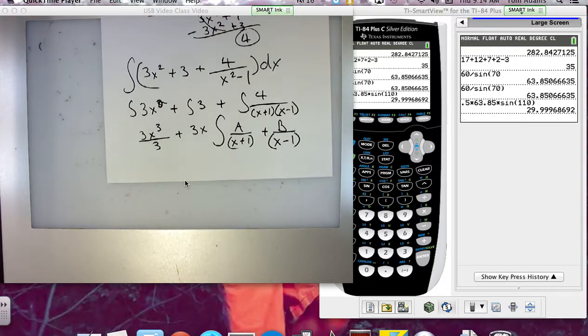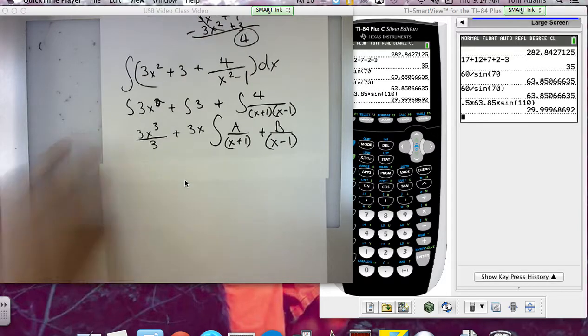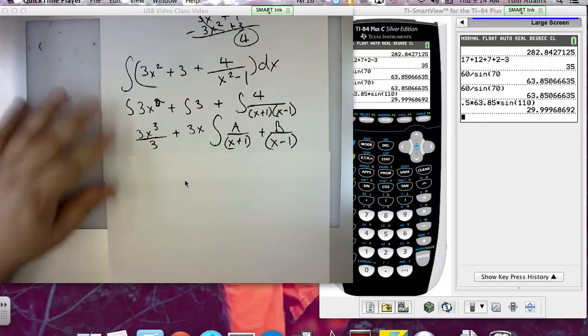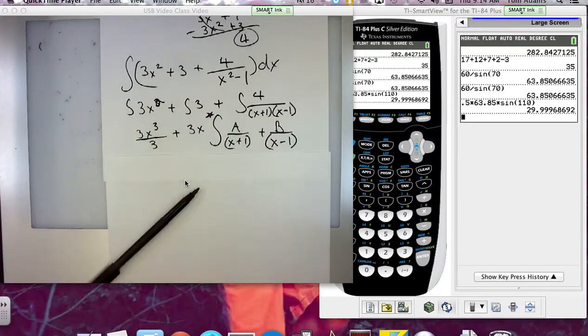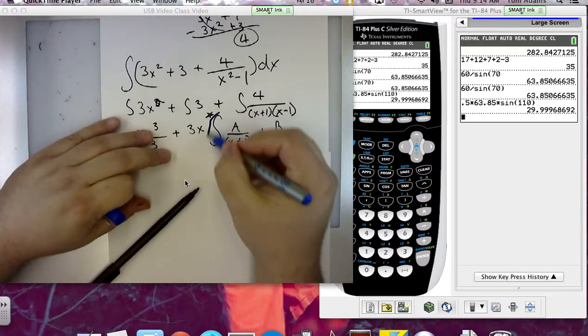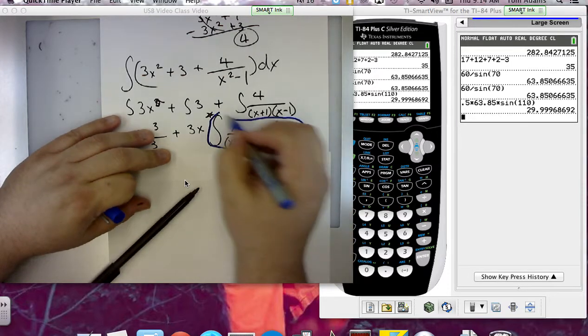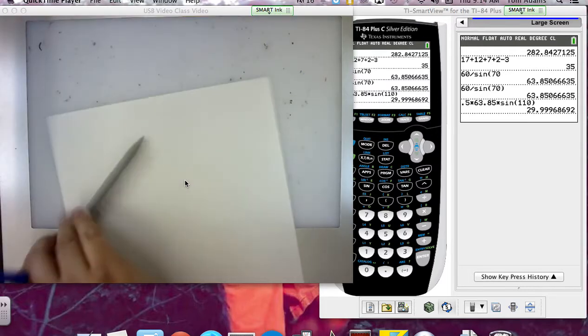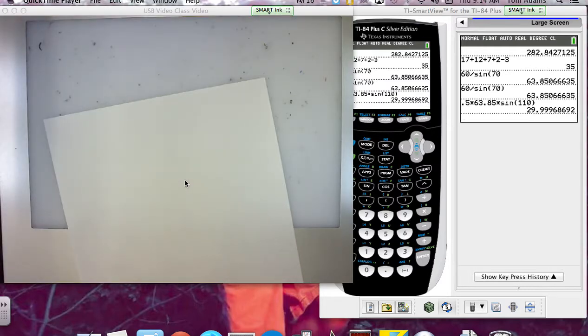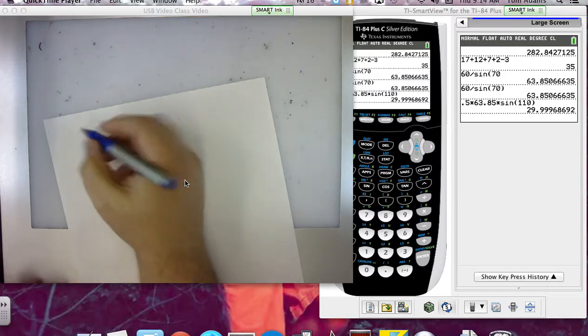And so now if I solve for A and B, that hopefully will help me out, because whatever those denominators are, they're raised to the 1st power, and I could toss the constant. Well, you'll see when we get there. So now I'm going to address this issue here. I'm going to focus all my attention on solving what A and B are, and I'm going to use a different sheet of paper. So I've got to solve for A and B. Well, A plus B has got to equal 4, right? So what I'm saying is that A